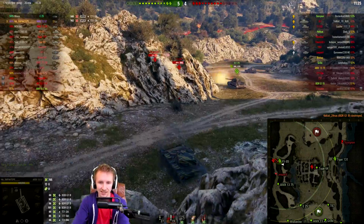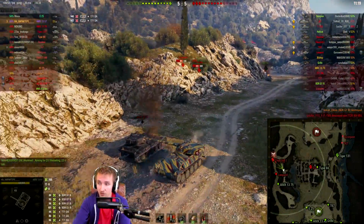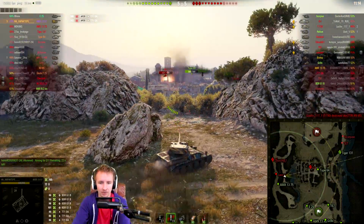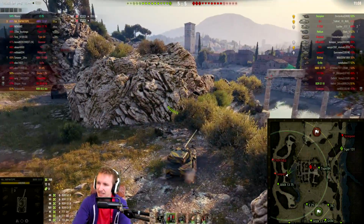You do feel a little bit crazy driving around in this tank. And it's not exactly slow. It doesn't have the best power to weight ratio at just over 17, but its ground resistances kind of make up for it, so it can get around. It's not the fastest of light tanks, but most light tanks at Tier 7 don't really have such a devastating gun. But then again, maybe I'm kind of